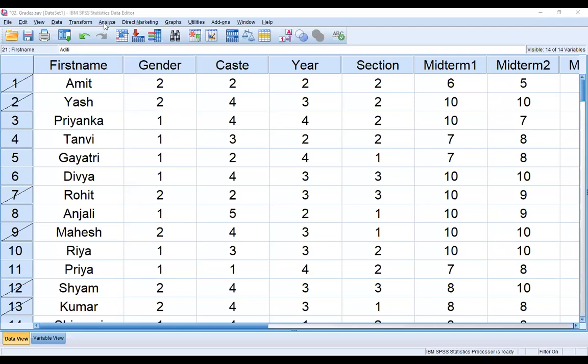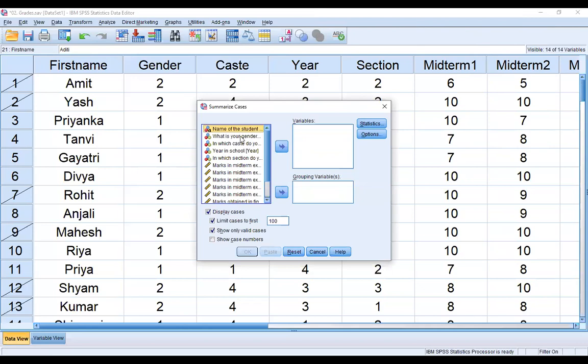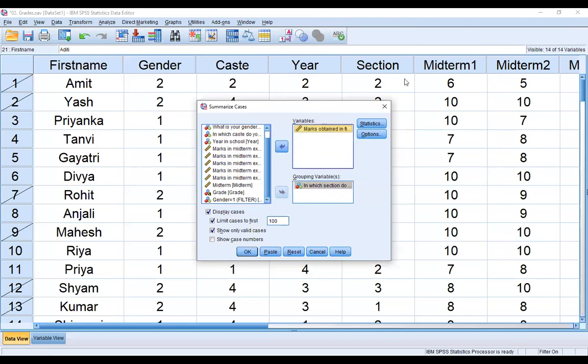Analyze, then Reports and Case Summaries, and then selecting the section, in which section do you study. I am transferring it to the grouping variable, and the marks obtained in final to the variables.